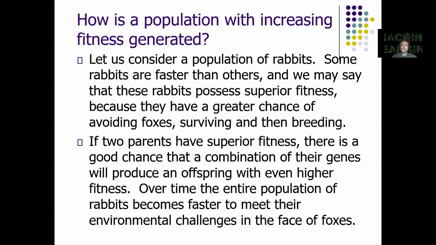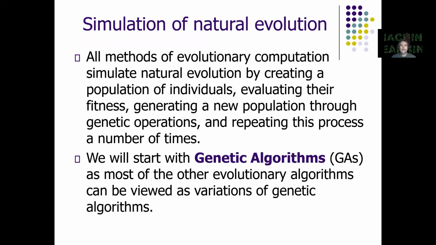So if two parents have superior fitness, then there is a good chance that their offspring will also have good fitness, even higher fitness than their parents. So over time, the entire population of rabbits will become faster and will be able to predict environmental changes and survive foxes. That's the whole idea, and these kinds of concepts have been translated to operators and used to compute,